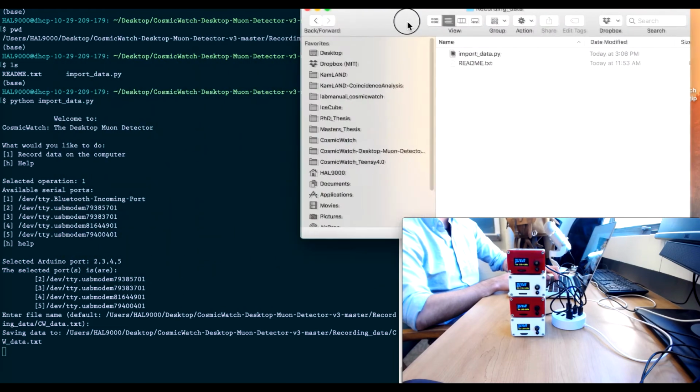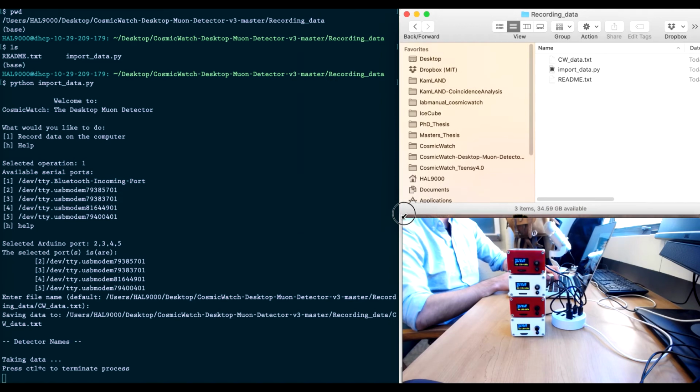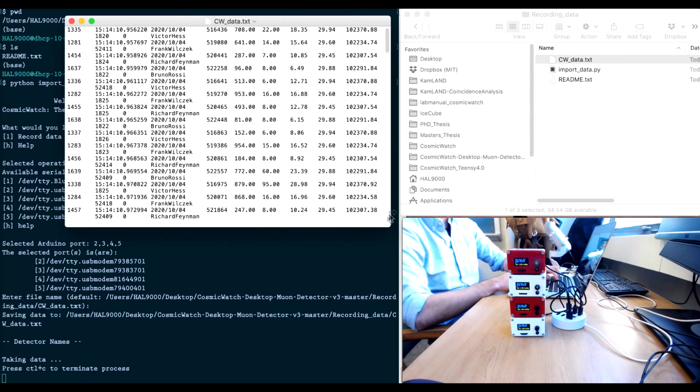So if I give it a second, it should create a file. Yeah, there we go. It creates a file called cw.data. And let me just give it a second to populate that file. So data is now flowing into this file. If I open it up,